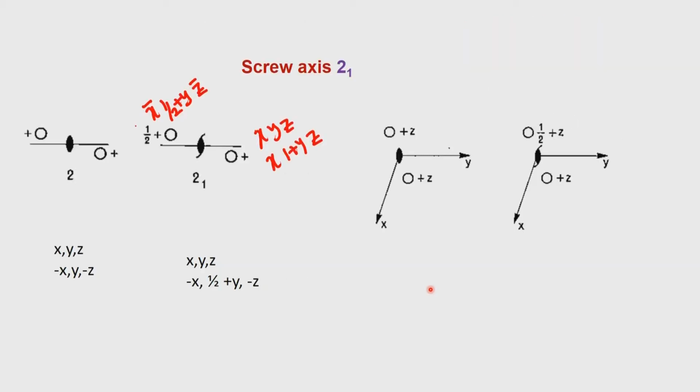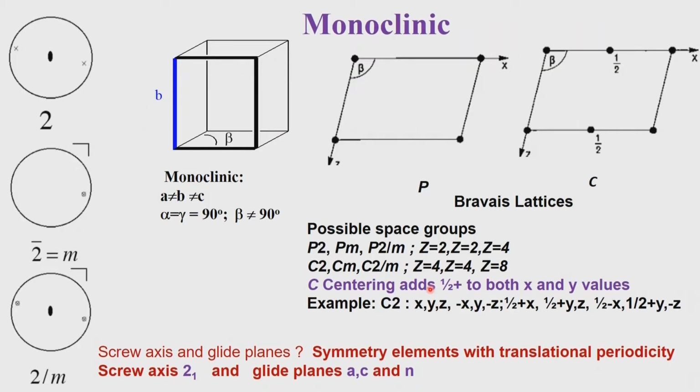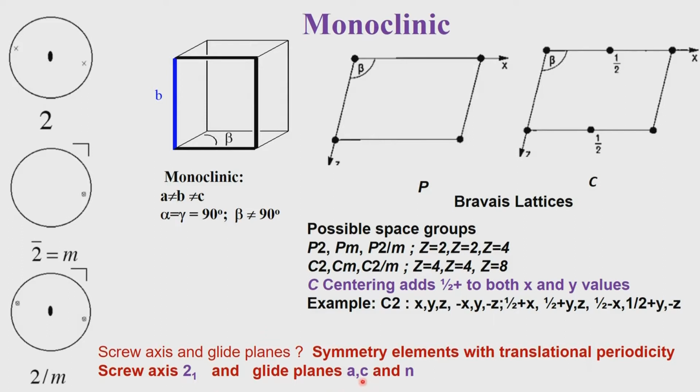For example, we have already seen the types of space groups which can occur from non-translational point group symmetries associated with monoclinic. Watch my words, non-translational point groups. That means there is no translational symmetry associated with those point groups. So we got these P2, Pm, P2/m, C2, Cm, C2/m, 6 of them. Now we are associating the 2-1 screw axis and also the A glide, C glide and N glide, and therefore we will get additional space groups. We will see how many additional space groups we get and what kind of properties they will have.